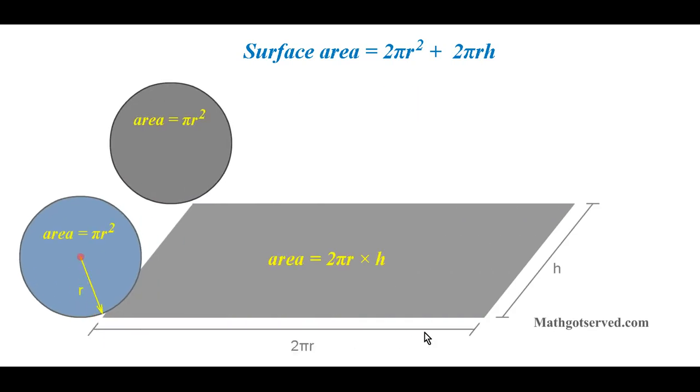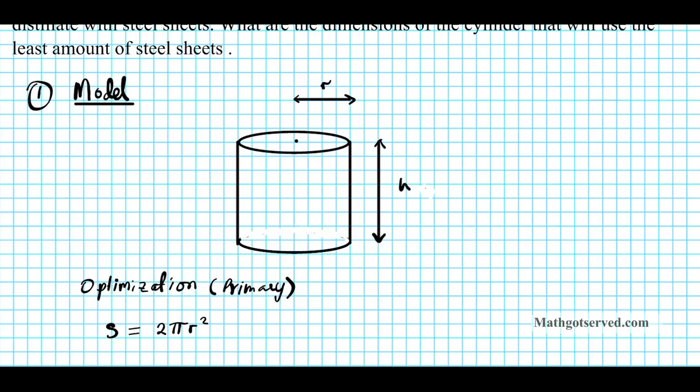So this length right here is the same thing as the circumference of the circle. Okay, so the area of this rectangle is length times width. The length is 2 pi r, and the height is h. Okay. All right, so now